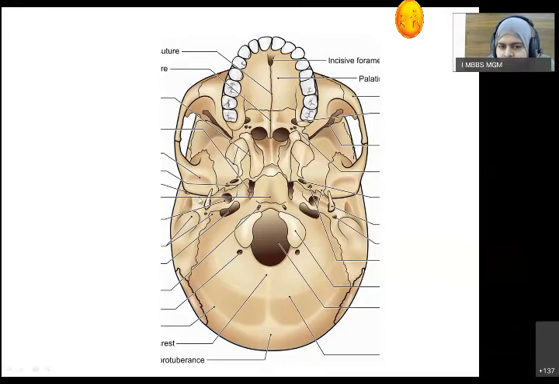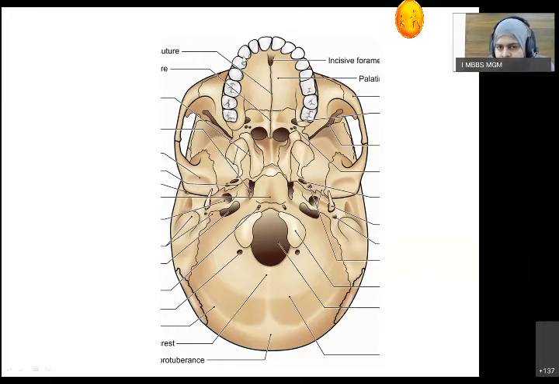Then its anterior surface is from the portion of the mandibular fossa, the posterior part of the mandibular fossa, and its posterior surface inside is smooth. So this is the mandibular fossa, which is present in the squamous part of the temporal bone. It articulates with the mandible to form the temporomandibular joint. Then this is the squamous part of the temporal bone. That was about a few structures in the lateral portion.